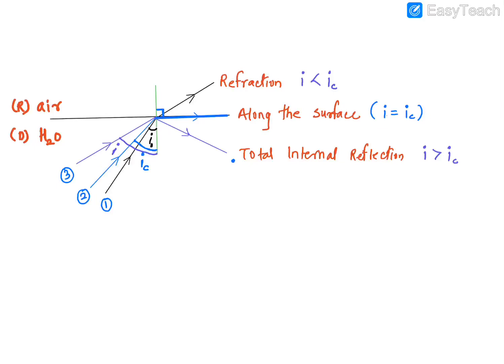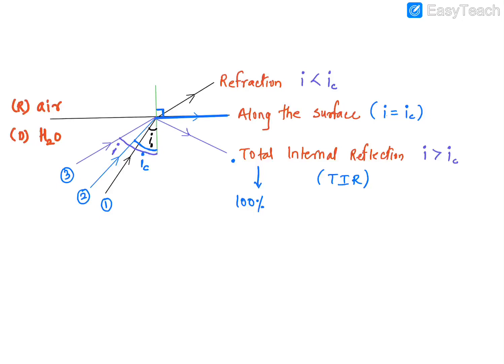So why do they say total? Because 100% of the light rays are reflected, that's why they say total. Internal, because you see the light rays are not even going from water to air, they are getting reflected internally. And reflection, because reflection is taking place. That's why it's called total internal reflection. Whenever there is total internal reflection, there is no refraction of light. 0% of light is refracted. Everything is getting reflected back. That's why it's called total internal reflection, which we also call in short as TIR. So what is TIR? Total internal reflection.